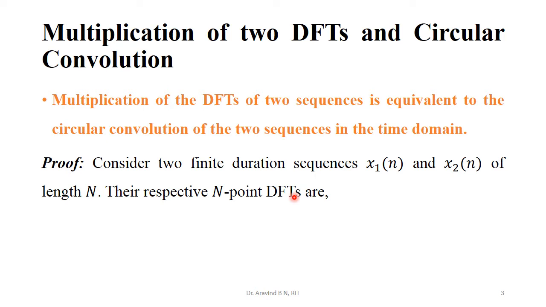So in the first step, we are going to have the sequences x1 and x2. In the first step, we are going to calculate the DFT of the sequence x1 of n. We get x1 of k. In the second step, we calculate DFT of the sequence x2 of n. We get x2 of k. In the third step, we are going to multiply the sequences x1 of k and x2 of k in order to obtain the sequence x3 of k, and then apply IDFT to the sequence x3 of k so that we can obtain the final circularly convolved sequence in time domain.